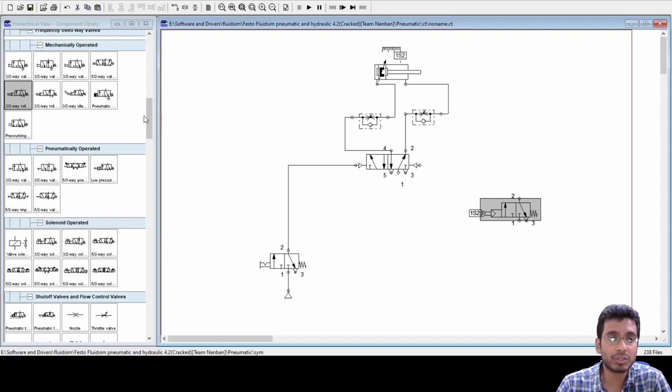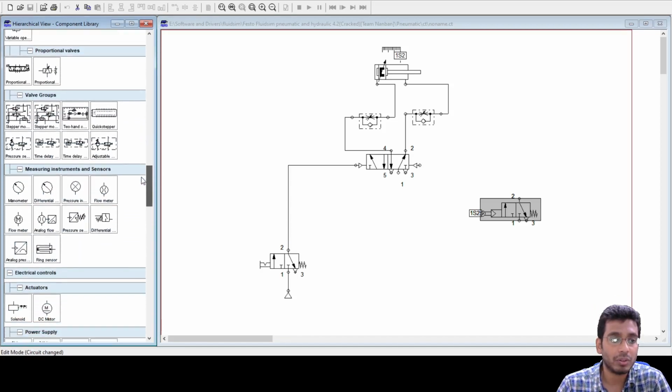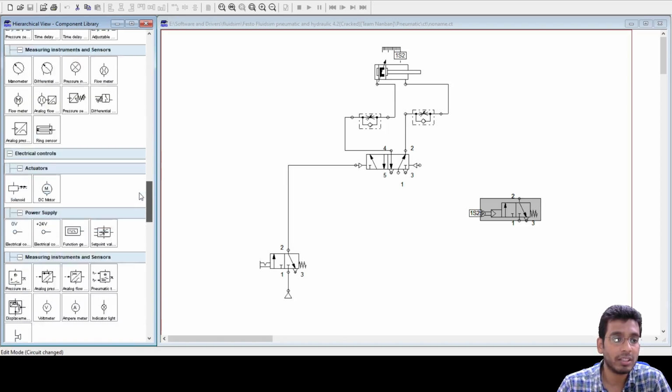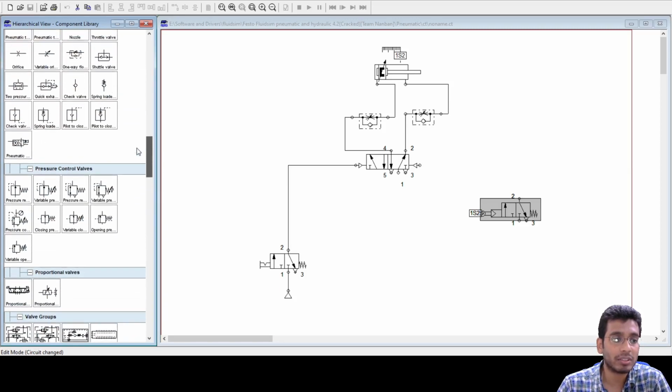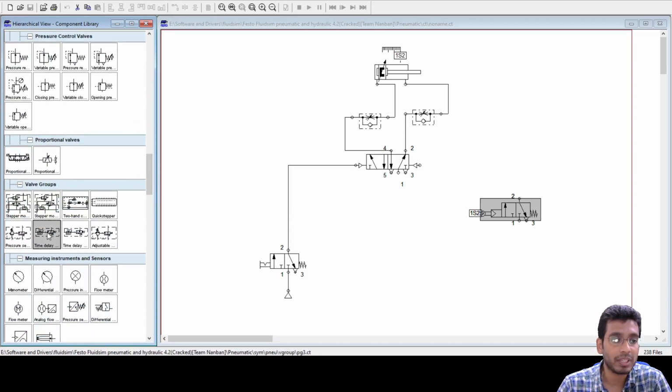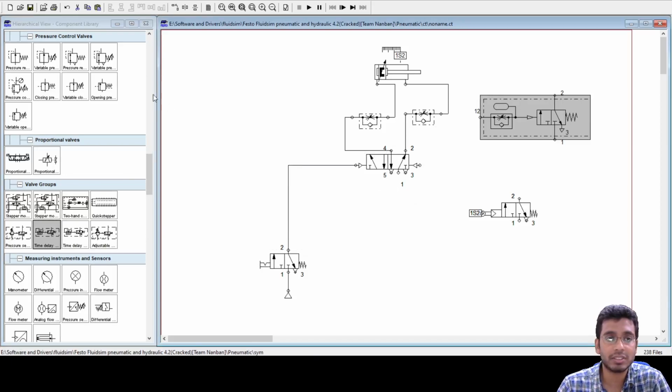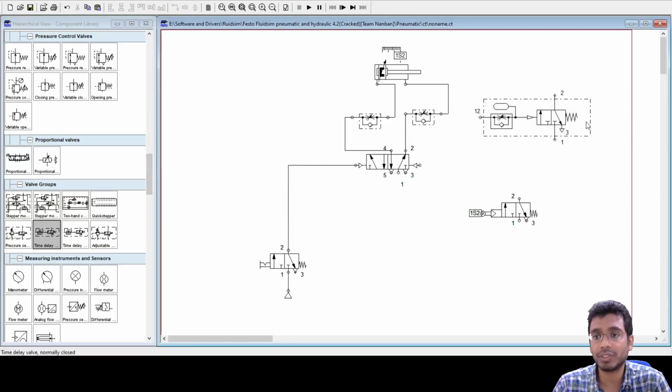For this we have a specific component in your pneumatic circuit, known as the time delay valve. The construction of a time delay valve is somewhat like this. You have one port here, which is a pressure port, the inlet. You have your throttle valve along with your check valve, just like your one-way flow control valve. The more you close the throttle, the higher the time delay you give.